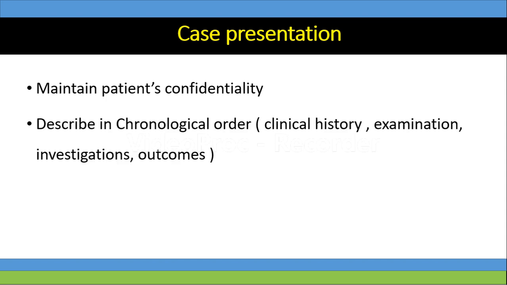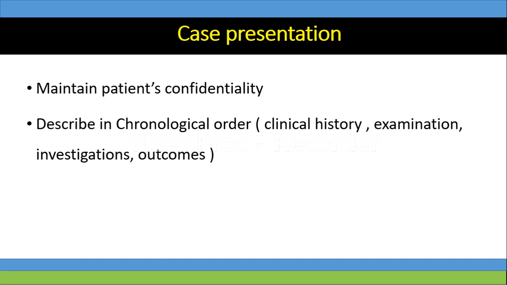Then coming to the main gist, that is the case presentation. Obviously, first of all, please maintain the patient confidentiality. You don't need to use any identifiers, and in some cases they don't even allow you to use something like a 45-year-old Pakistani male. They might want you to use a middle-aged Asian male. So whatever the journal asks, you have to follow that, and you don't need to mention the patient's background, or where he came from, or from which hospital he got his treatment and stuff like that. So please maintain patient confidentiality at all cost.